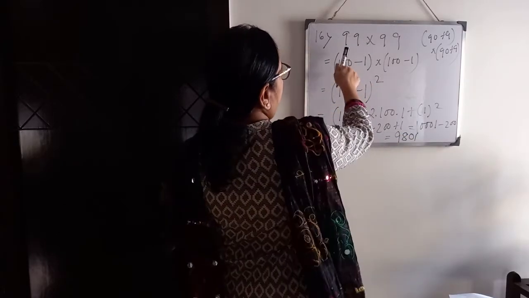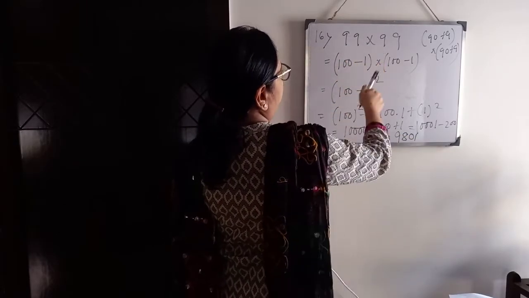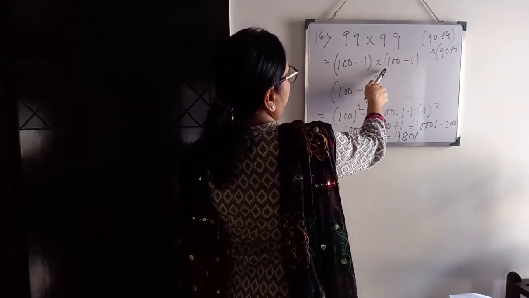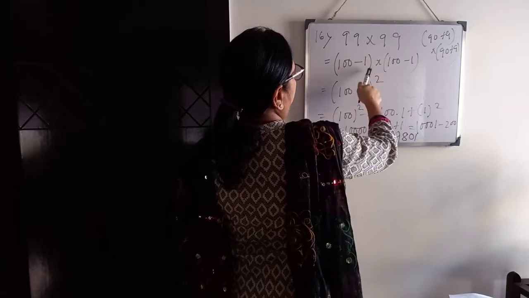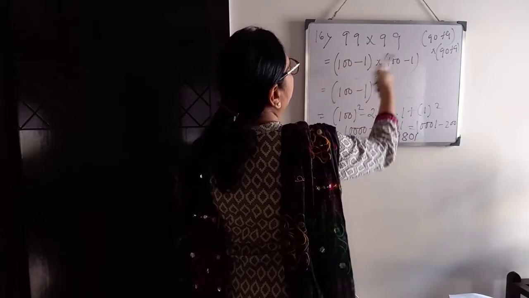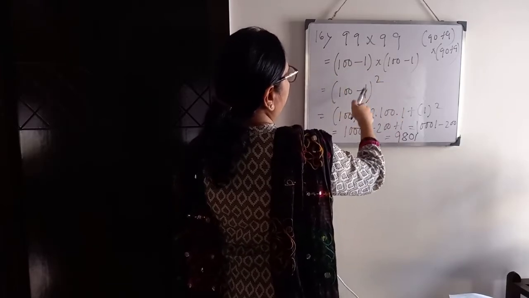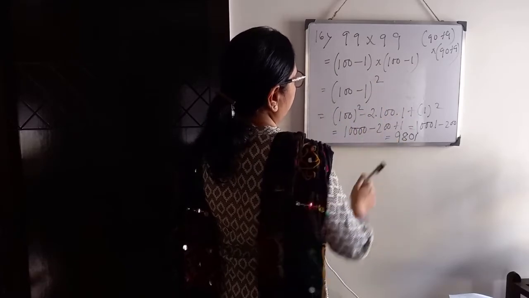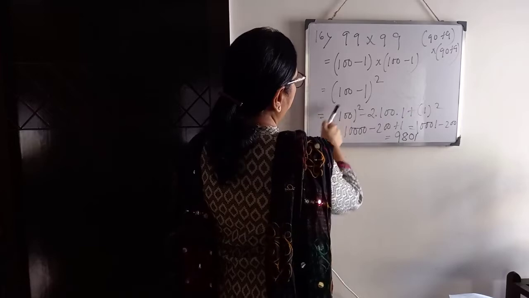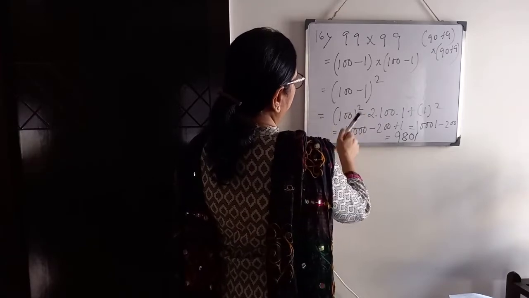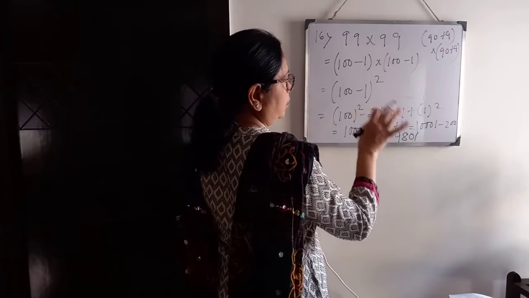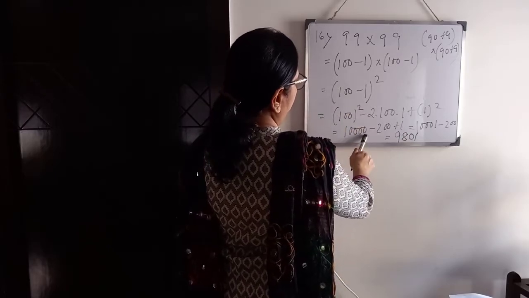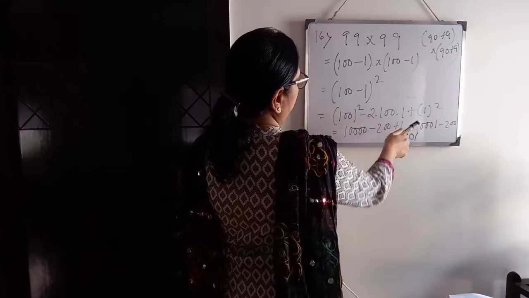So with the use of formula you have to multiply. So we will do it in that form. We will write 100 minus 1 into 100 minus 1. It is coming twice, so it's whole square. Now it is in the form of a minus b whole square. A square minus 2ab plus b square. Clear? Then a square means 100 whole square. So don't multiply 100 into 100. After 1 there will come 4 zeros. Directly you will write minus 200 plus 1.